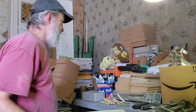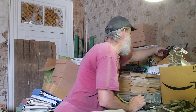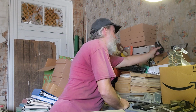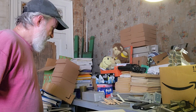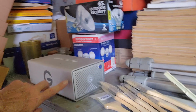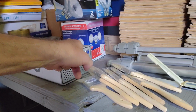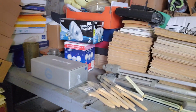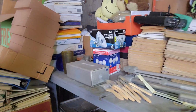Whew, man. Yeah, I got all kinds of crazy stuff up here. I need to be careful where I stick my hands. I forget what this is. Oh, that's a little zapper thing. Sometimes I forget what I got. Let me show you this. Maybe you can see this here. I found that in a dumpster. It's got some hard drives in it. I'm gonna get that thing going. I'm gonna build me a nice Linux computer up here and use it as a